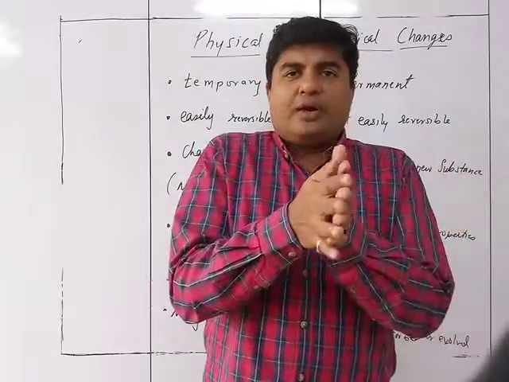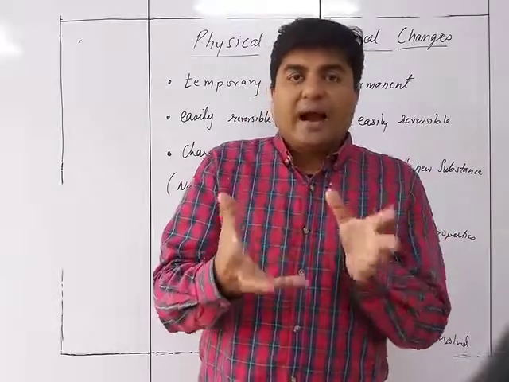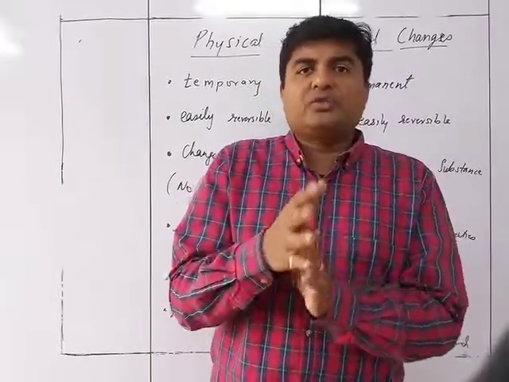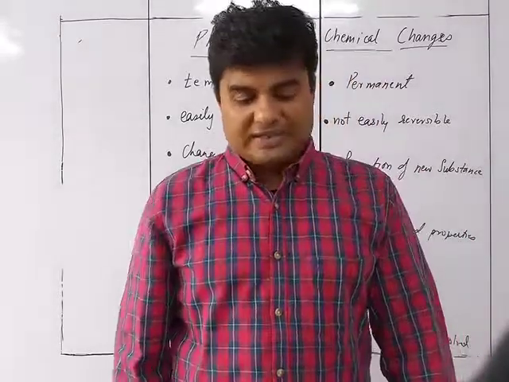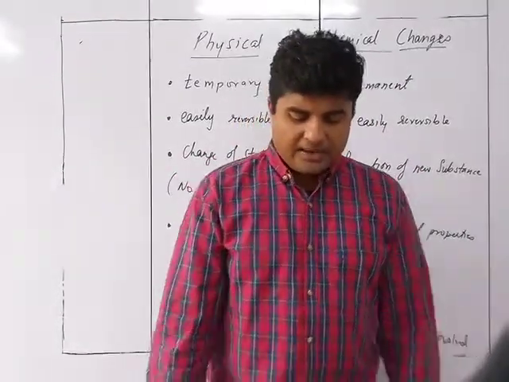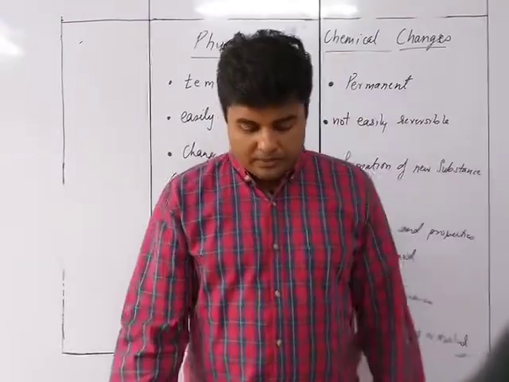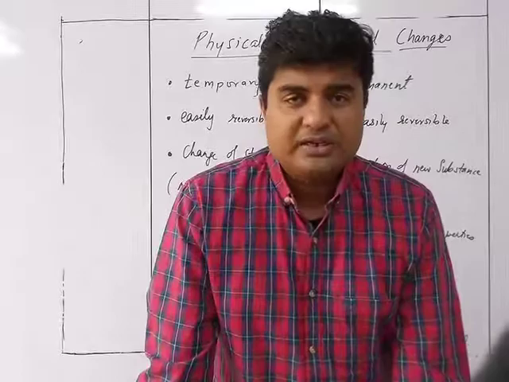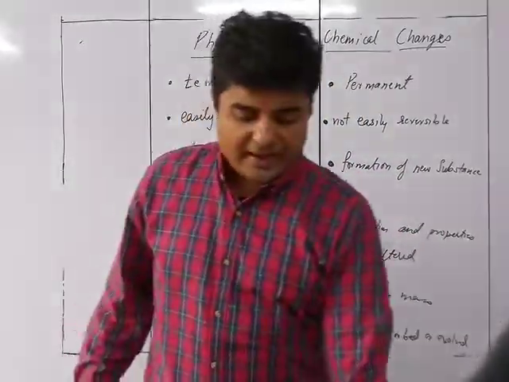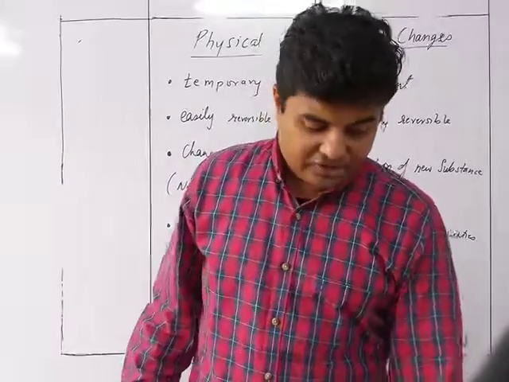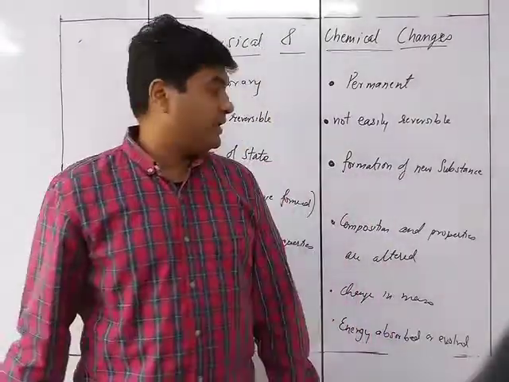Hydrogen and oxygen combine together to become water, but not at room temperature. You need a very, very high temperature. Only at high pressure and temperature is it going to get converted into water. That's the reason we say that energy is either absorbed or evolved during a chemical change. So this is how physical and chemical changes are differentiated. Now we see the next thing, the examples of physical and chemical changes.